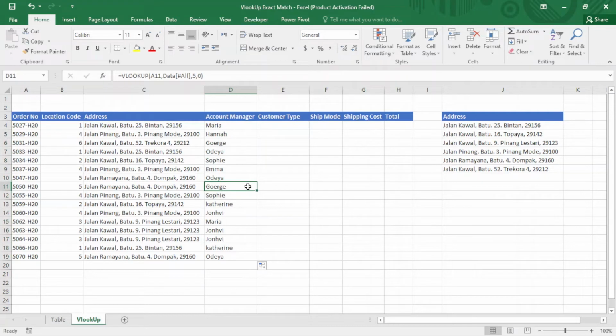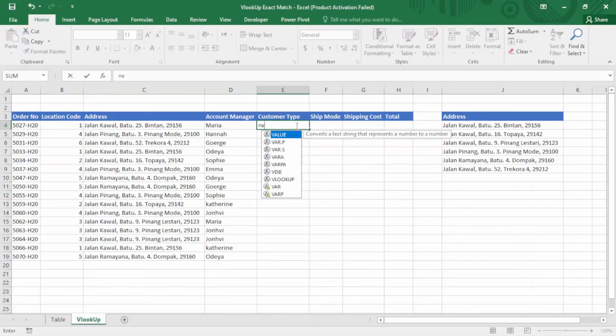So I want to once again repeat this. I just come here, equal sign, VLOOKUP. Okay. I select the order number, comma, and here instead of going back to the table, I just write the name of the table. I named it before as data,